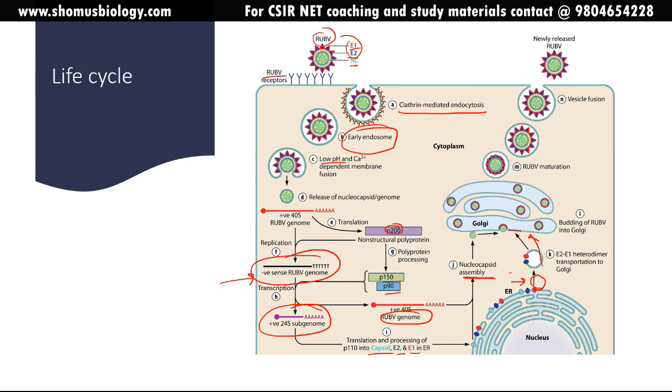Once the maturation is done, this virus particle will move as a vesicle, and this vesicle will fuse with the membrane and get the virus out. So in this case, this virus is not taking the cell membrane of the host, but in turn it's taking the membrane from the endoplasmic reticulum of the host. There are two different ways viruses take their envelope: either from the cell membrane of the host, or from the endoplasmic reticulum membrane of the host. In this case they are taking the membrane from the endoplasmic reticulum. And that's how the life cycle of rubella completes.